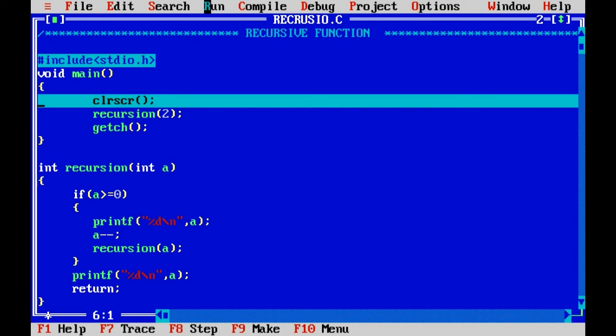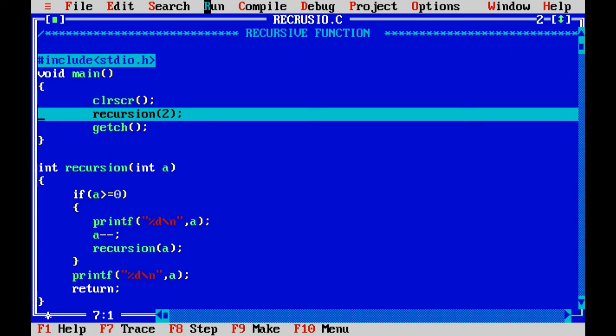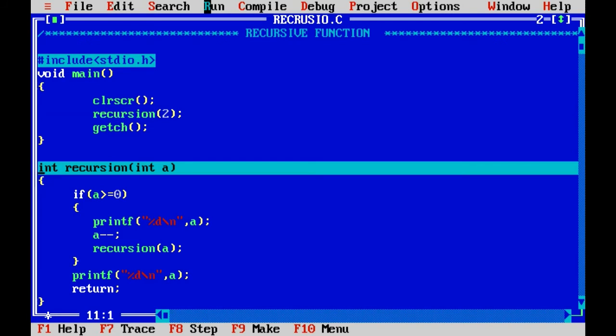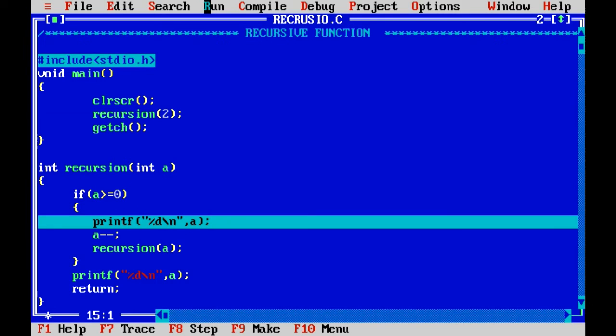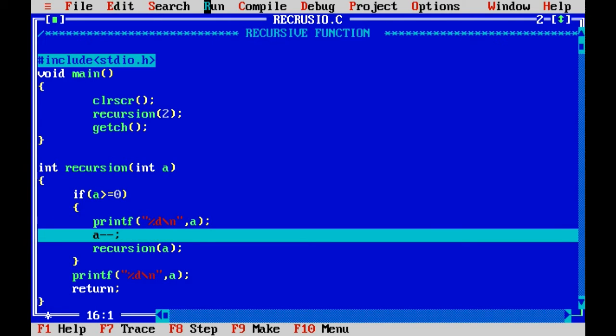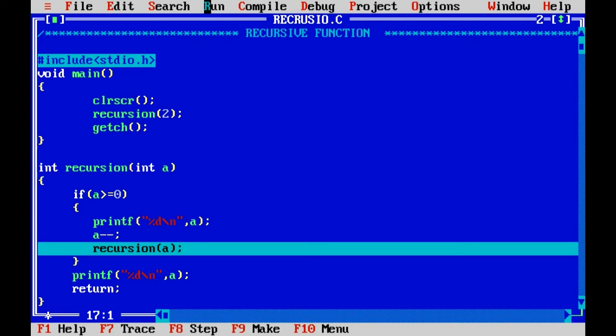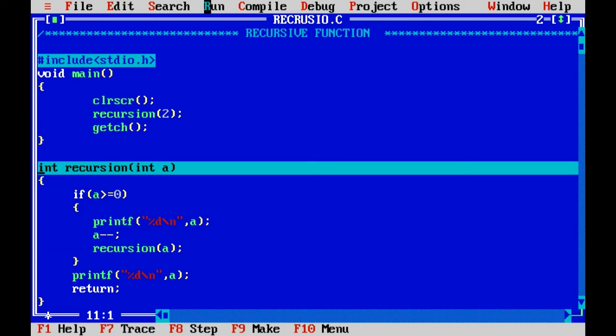First we check void main, clear screen, and then call the recursion with the value 2. It comes to the recursion part and checks the condition. If it is true, we print the value 2, decrement the value, and call the recursion again with the value 1.